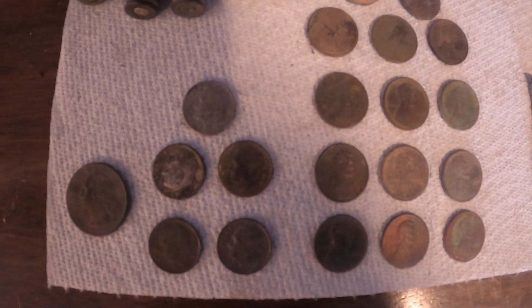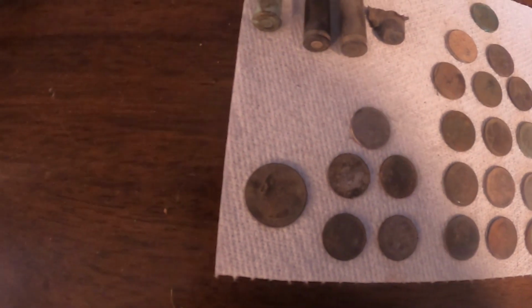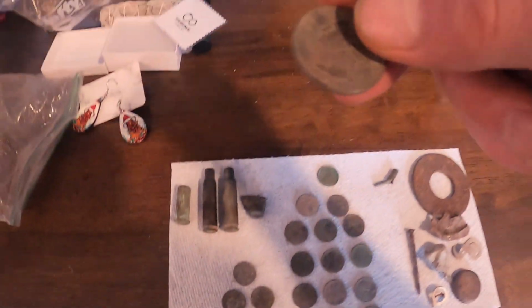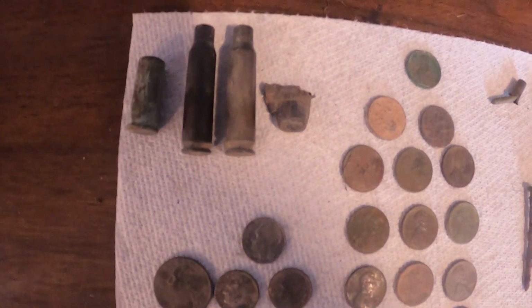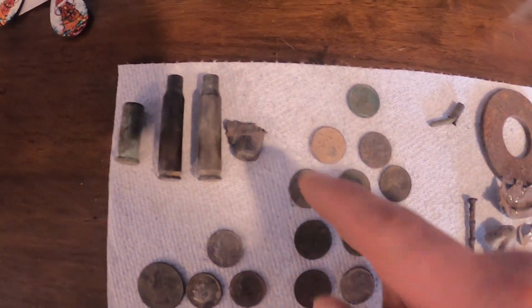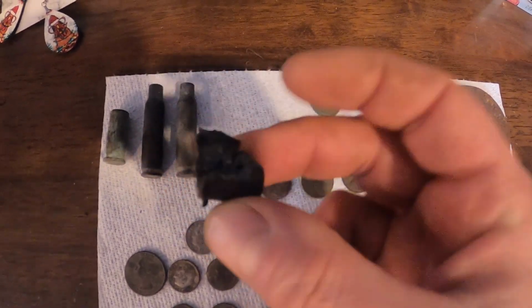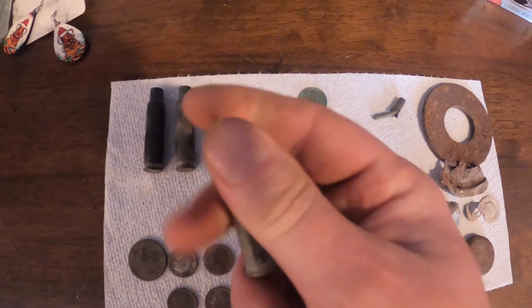5 dimes, all of them modern, unfortunately. And a quarter, also relatively modern. I think, yep, 1996 was the year on that one. And then I found 2 .308 caliber cartridges, an actual bullet fragment, and then I also found what I think is probably arguably the coolest find of the day,